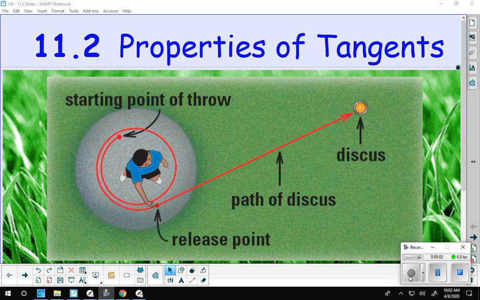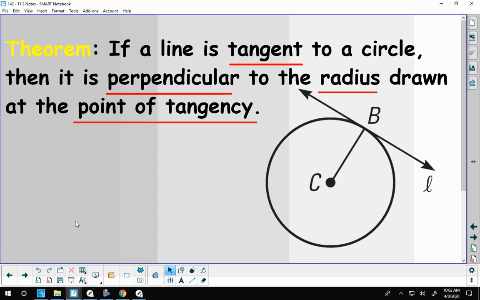Section 11.2, we're going to look at properties of tangents. So in section 11.1, we talked about what a tangent was. Now we're going to look at properties of tangents. So if a line is tangent to a circle, then it is perpendicular to the radius drawn at the point